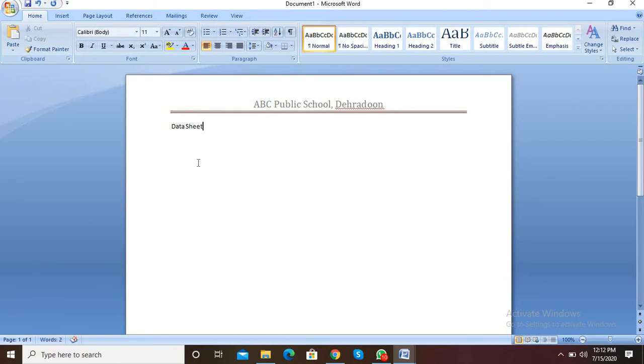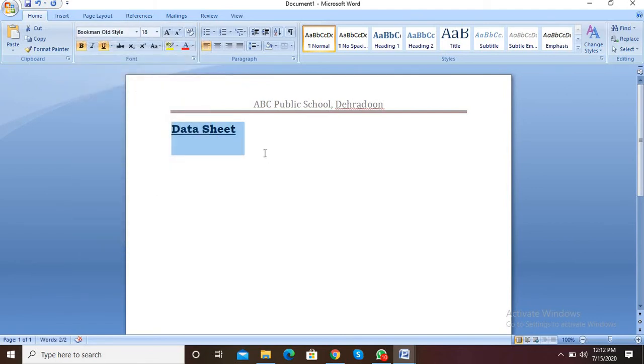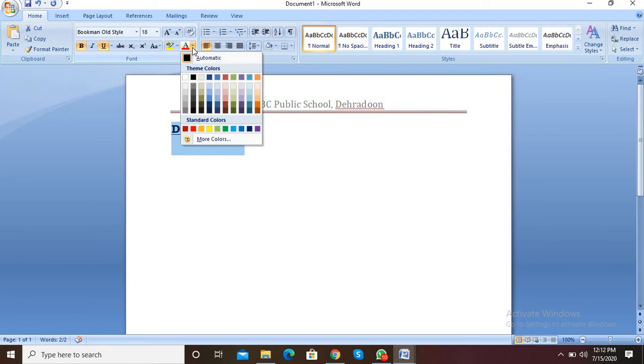Make it bold. Select that heading and click on Bold. Next, underline. With the help of this, you can underline and set its font size to 18. I am setting its font size to 18, and actually it is not mentioned here to change the font type, but I am changing the font type. You can take your own font type also. This first change is done, and you can also change the color of your heading, so I am giving a maroon color.